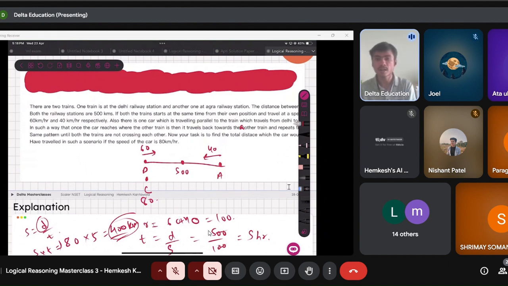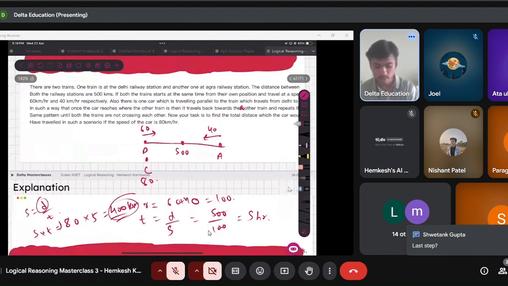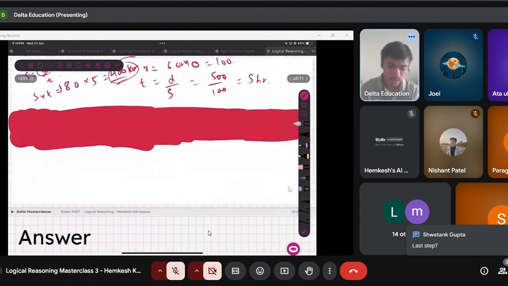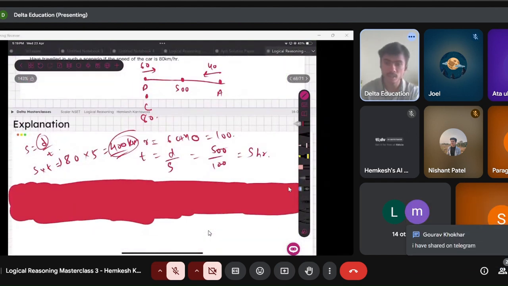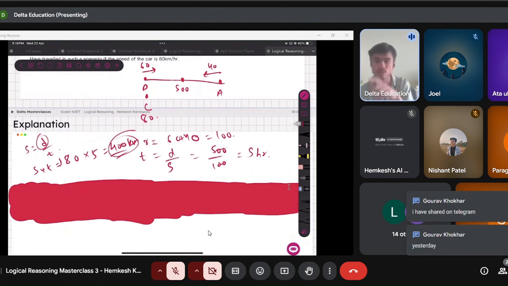After this, we would move on to the doubts. I know I have the last step. So what last step? This speed is equal. I have shared on the Telegram. Okay, I'll check, just a second. So Shwetang, the last step of this question,